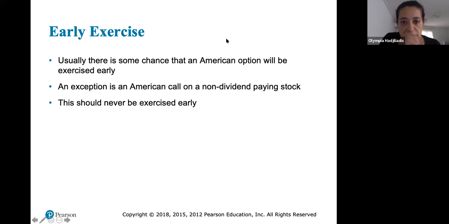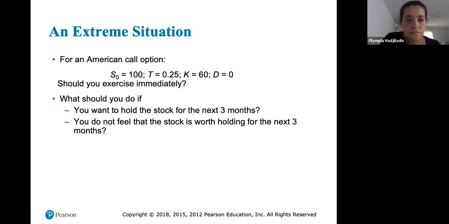Usually there is some chance that an American option will be exercised early. An exception is an American call on a non-dividend paying stock. This should never be exercised early. So for an American call option,